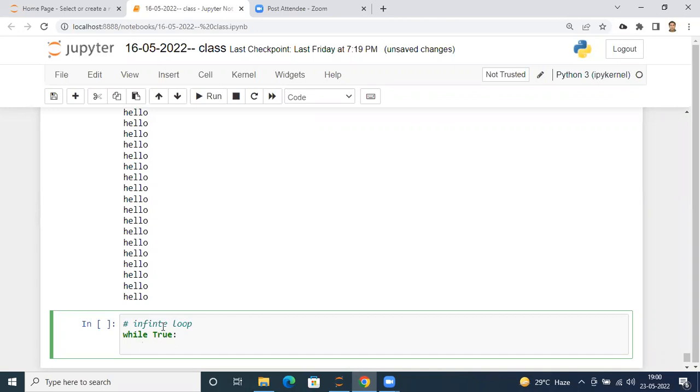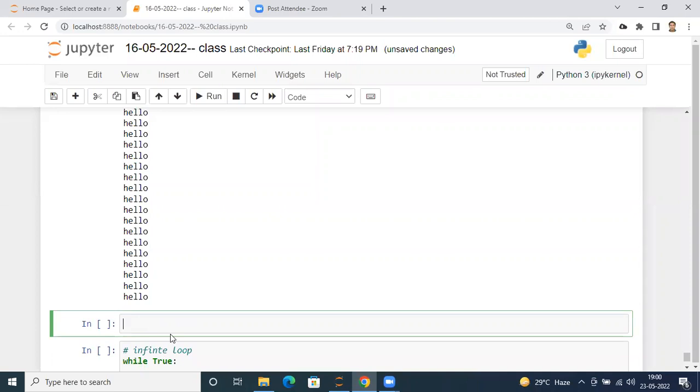We entered into the infinite loop, and we should stay in this loop until a condition is true. Suppose now, what is the use case? Suppose I'm giving you a problem this time. Suppose I've opened a system or a video game, or your laptop is on or a desktop is on. I will say that my system will remain on till